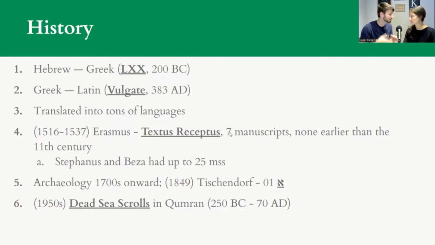And compiled an edition comparing these manuscripts and coming up with what he thinks is the original of the New Testament. In Greek. And that's what we call the Textus Receptus, Latin for received text. So the Textus Receptus is going back to the Greek, taking the remains of the manuscripts, putting them back together, saying this is what it was.